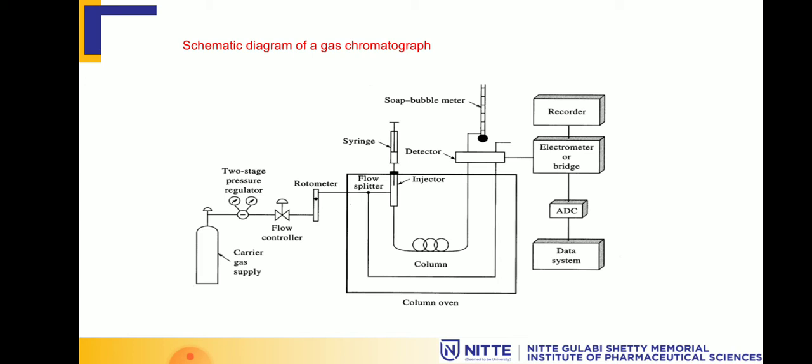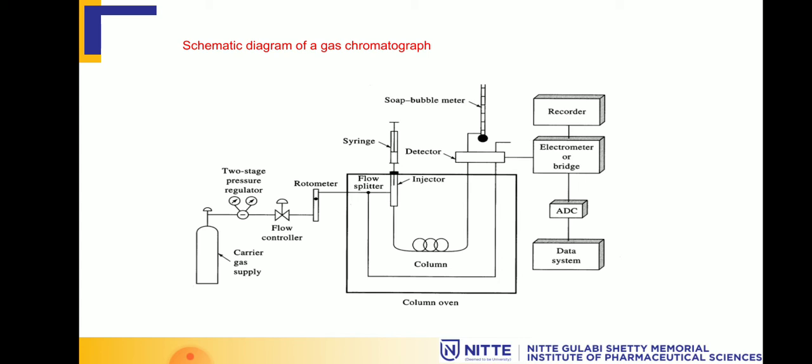One more thing I would like to share with you is that when the gases flow, they flow through a sieve, so that if there is any other particle present, it is absorbed there. Then the gas pressure is measured using the gas regulator, and then it flows through the flow controller and the sample loading, which we have seen in the previous class.